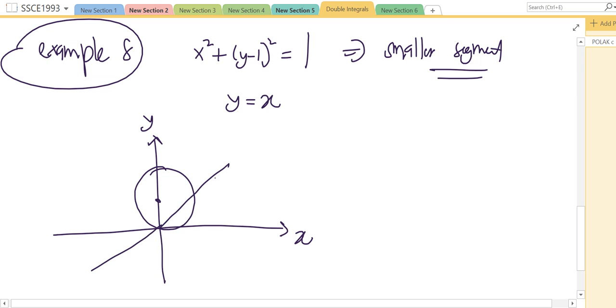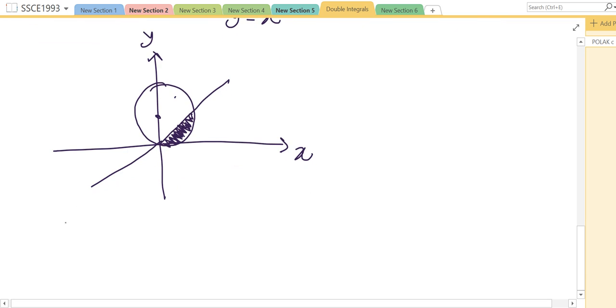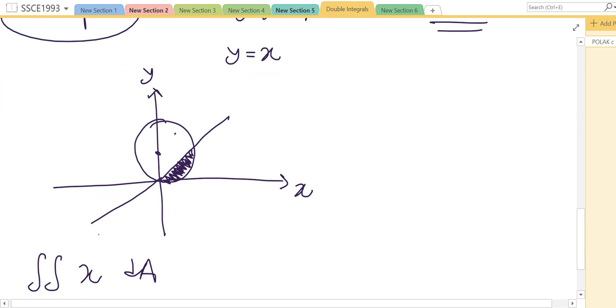Okay, so it is cut off by this line, and then we only consider the smaller segment. So this one is the largest segment, and the smaller segment should be in this part. Now we already know the shaded region. So the question gives you the integral of x dA. Before we substitute into the given question, we should find the limits for